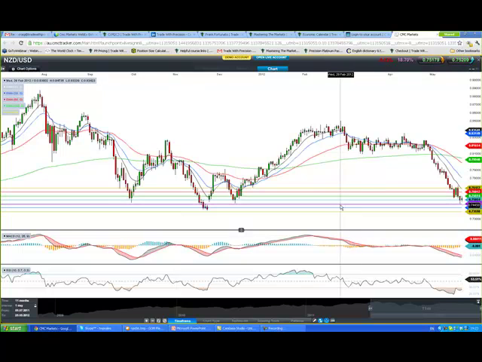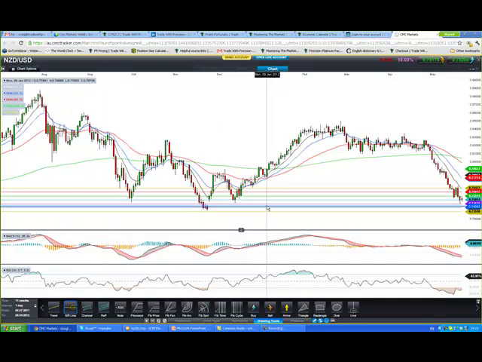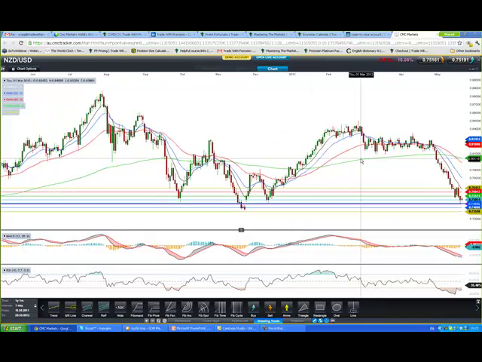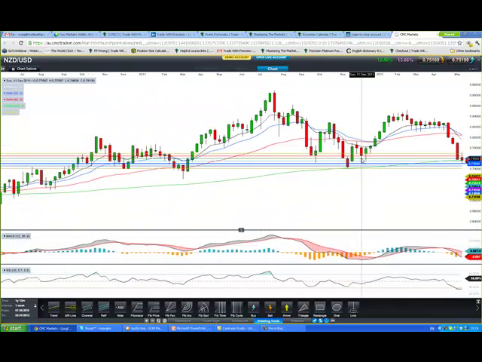Now on the daily, if I just go to drawing tools, support and resistance line, and draw in where the price bottomed out yesterday, just there. You can see it roughly came to that level. It dabbled here a little bit, touched here, and it's just recently touched there. Now that doesn't really get me all that excited. On the daily chart, I can't see too much more. But what I want to do now is zoom out a bit, get us to the weekly time frame.